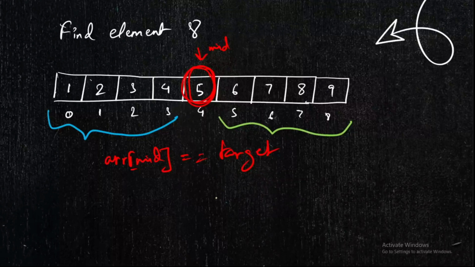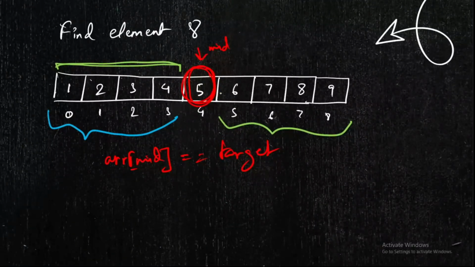It can be possible because all the elements on this side of the mid are less than that of mid. See, you can see 1, 2, 3, 4. All of them are less than mid because this is a sorted array. If our target element, the element which we want to find, is greater than mid, then we need to go to the right side, the green side, this one. So is this clear? This is the simple logic behind